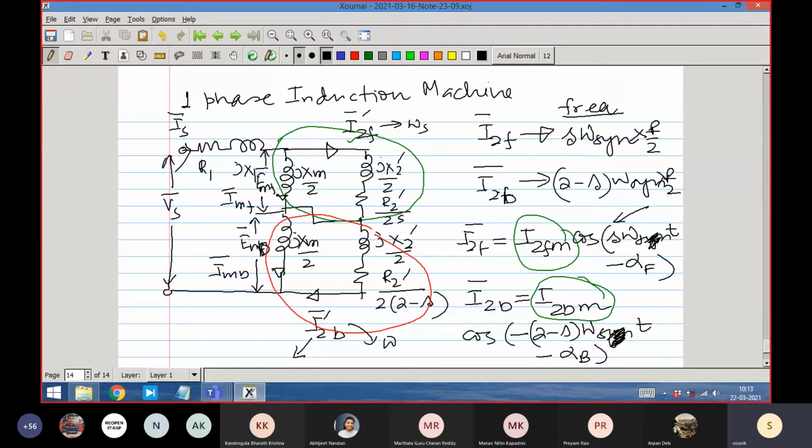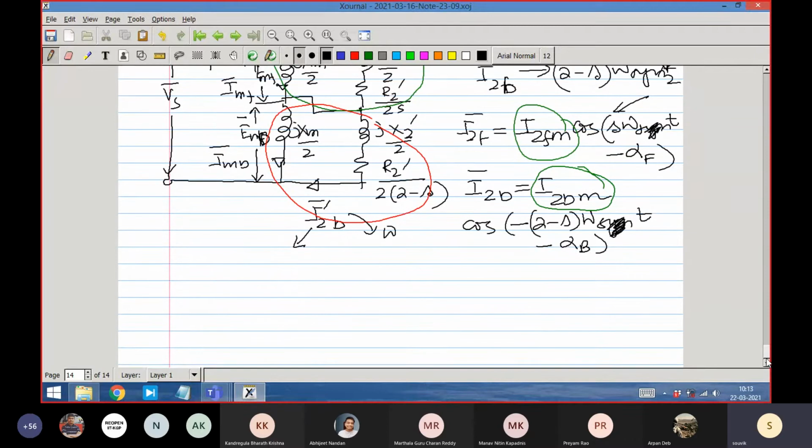I want to give you a little more feel, if I want to see it in terms of a much simpler thing like a transformer, what it means. A transformer has two coils, let us say a primary coil and a secondary coil, and another transformer has a primary coil and a secondary coil. Let us say in both cases the number of turns ratio is the same, that is N is to 1.